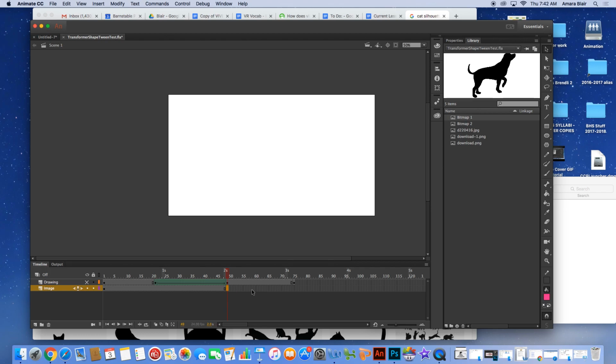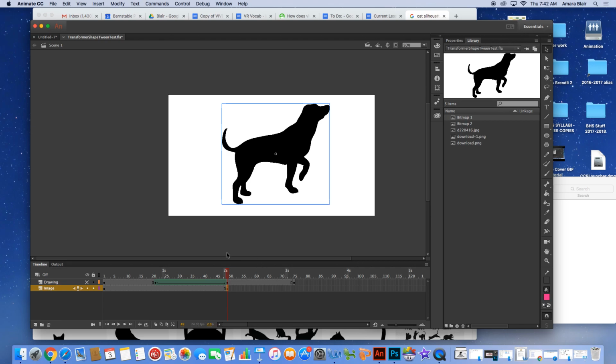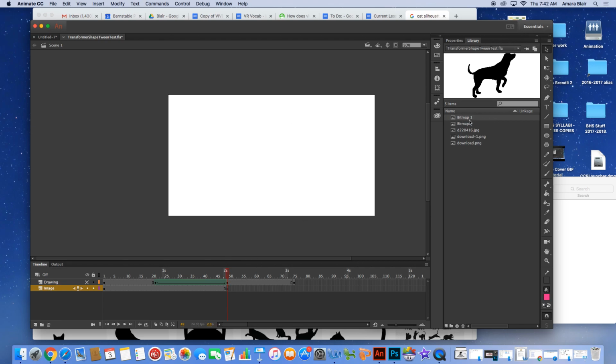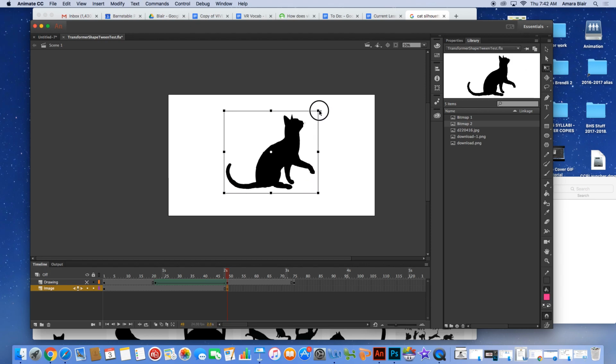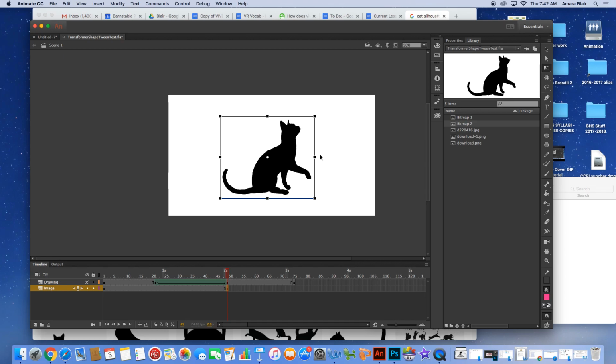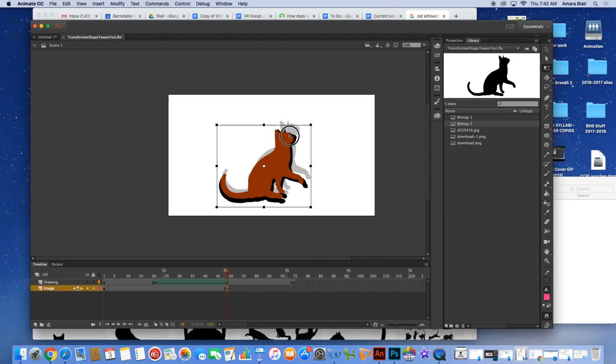So if you want to set up all the silhouettes ahead of time, I can press F6 at 2 seconds, and then delete the dog, and put in the cat. And I can transform the cat. And there you go. Now I'm ready to trace the cat. So you'll put the silhouette in every 2 seconds or so, whatever you decide. And I actually had already started this, so that's why it's a little off. But